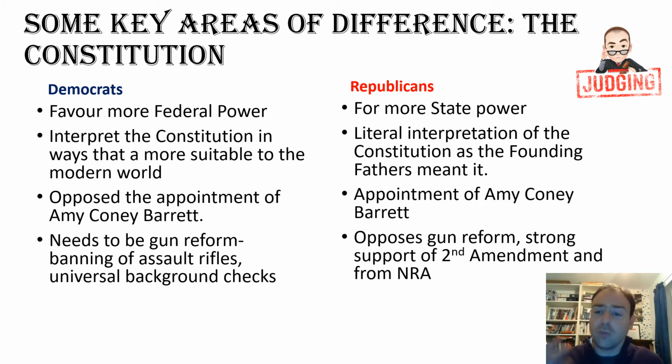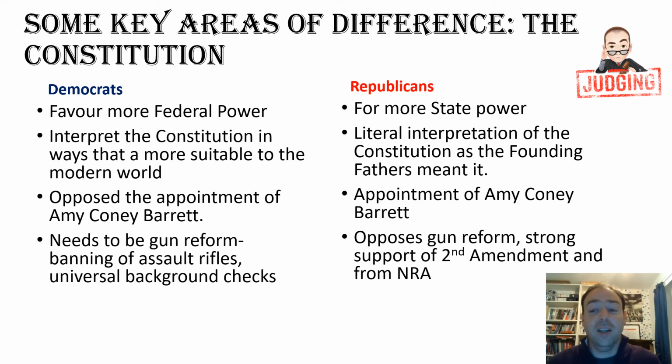And the big thing that we've seen on the Constitution and linking to the Supreme Court at the moment has been the Democrats really strongly opposing the appointment of Amy Coney Barrett, who we believe is going to be a very, very conservative Supreme Court judge, and the Republicans who have been pushing and achieving the appointment of Amy Coney Barrett. It's believed that this will change the view of the Constitution in ways the Constitution might be looked at in terms of things like Obamacare, the Affordable Care Act, and also on issues such as gun control and a really big issue in America, which is abortion.